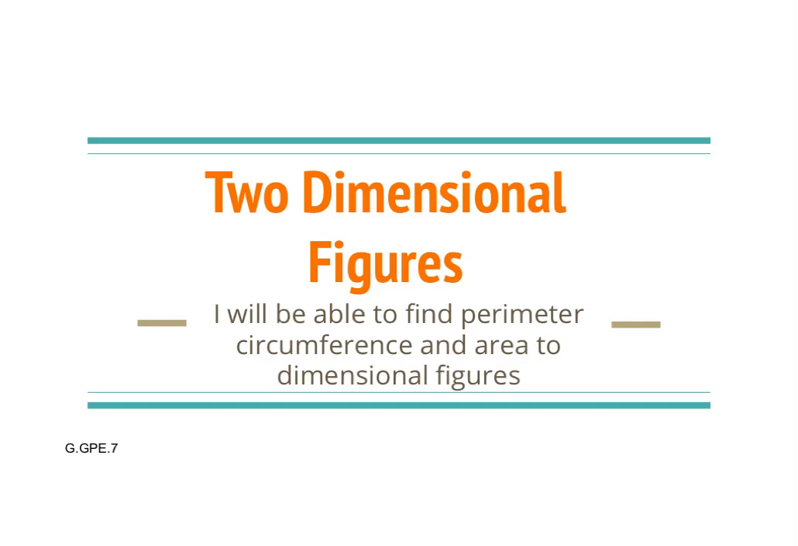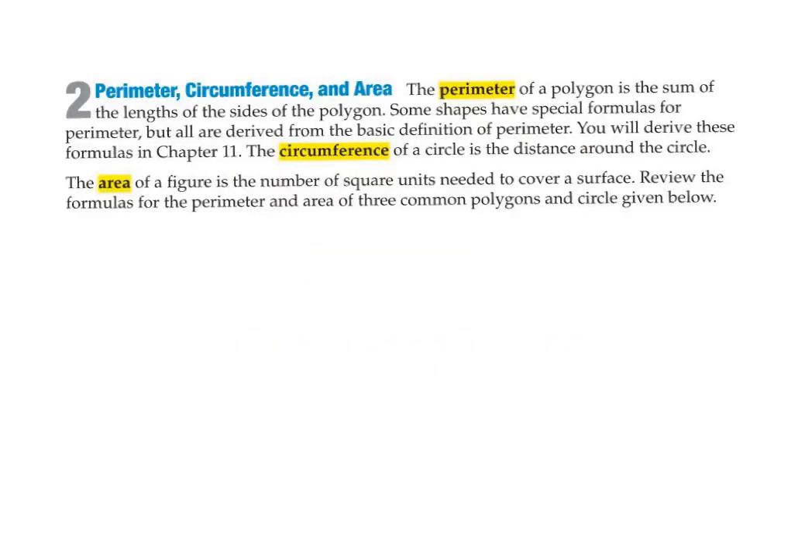Two-dimensional figures. After watching this video, I will be able to find perimeter, circumference, and area of two-dimensional figures. The perimeter of a polygon is basically the sum of the lengths of all sides, so the distance around a